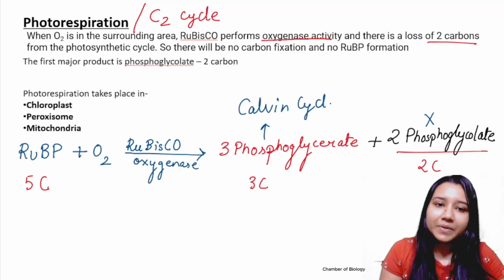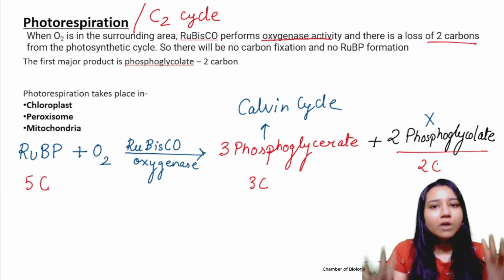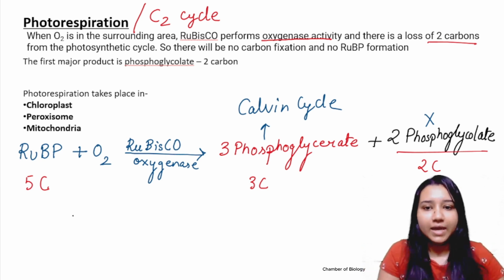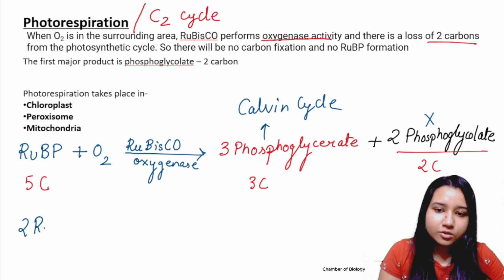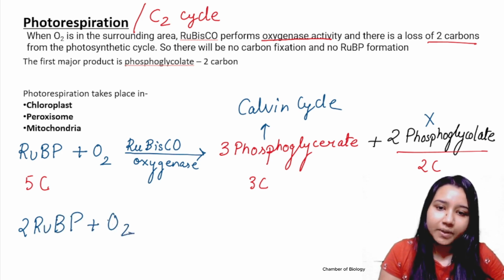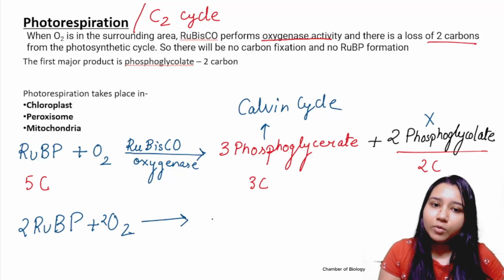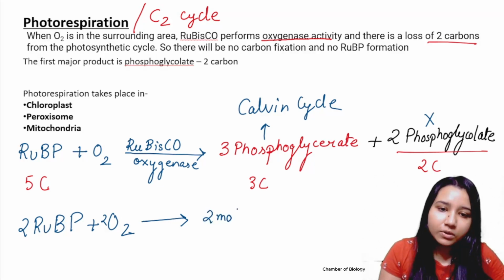So what will happen to this 2-PGA? Will it not work? No. Let's say we are seeing that there are 2 RuBP that are going to participate. Then what we will see is how many molecules? So we will see there are going to be 2 molecules